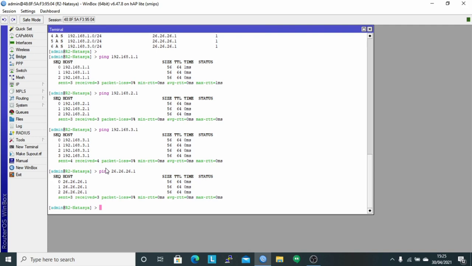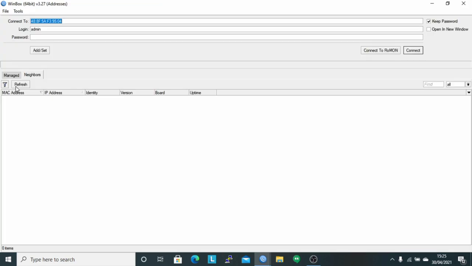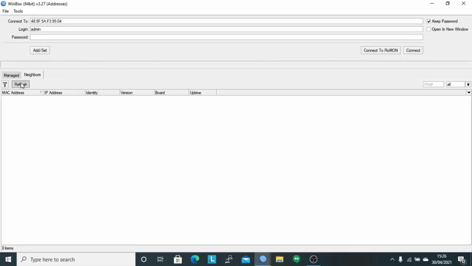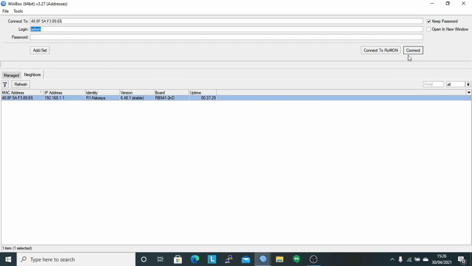And next, I will configure the IP route on router 1. I will move the LAN cable to router 1 again. Next, log in again to router 1 to configure the IP route.